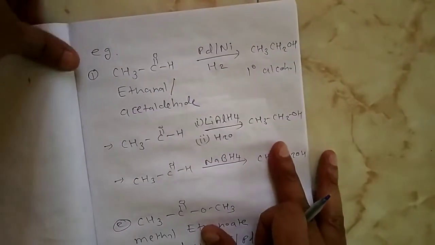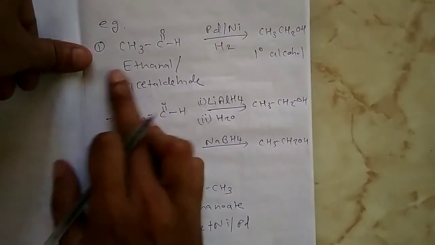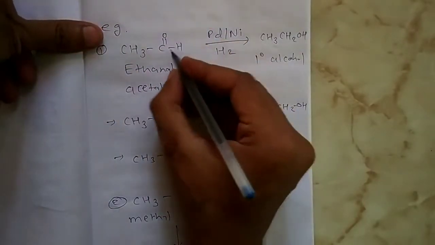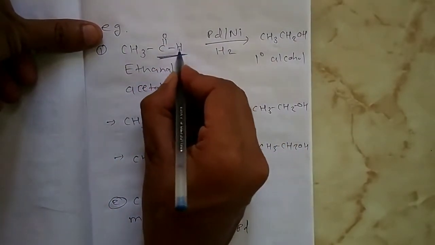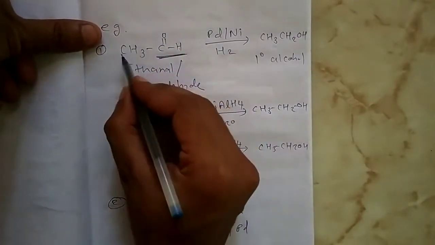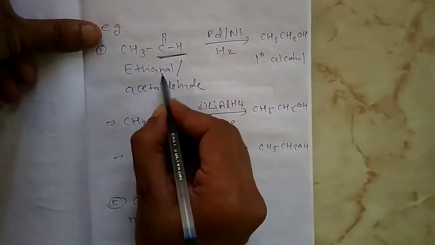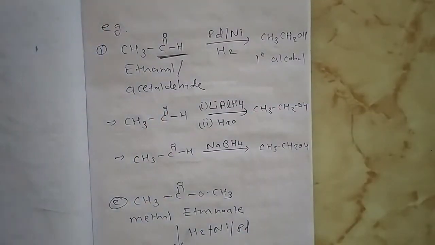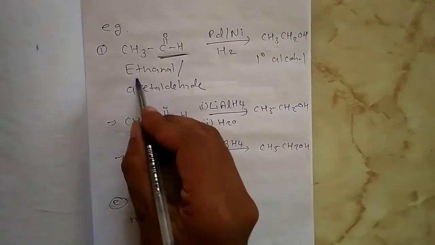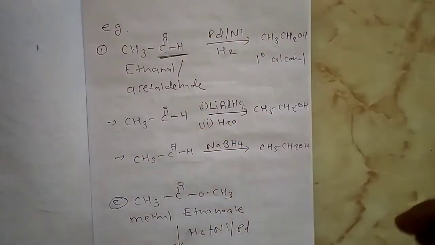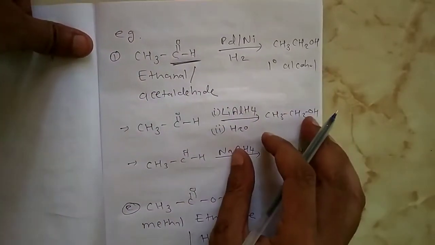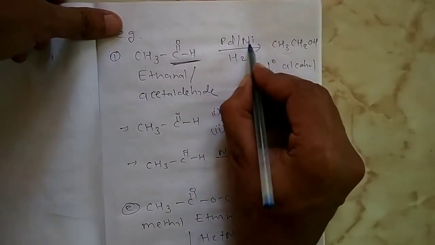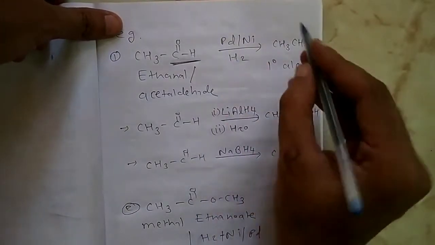Now look at the reactions. Here the first reaction is written. In that I have taken the starting material aldehyde. You can see C=O-H, so this is the aldehyde group. 2 carbons are there, so it is ethane plus al. The suffix al is used for the aldehyde group. So it is ethanal, and the common name is very important here. The common name is acetaldehyde. When it reacts with nickel or palladium in presence of hydrogen, what will you do?